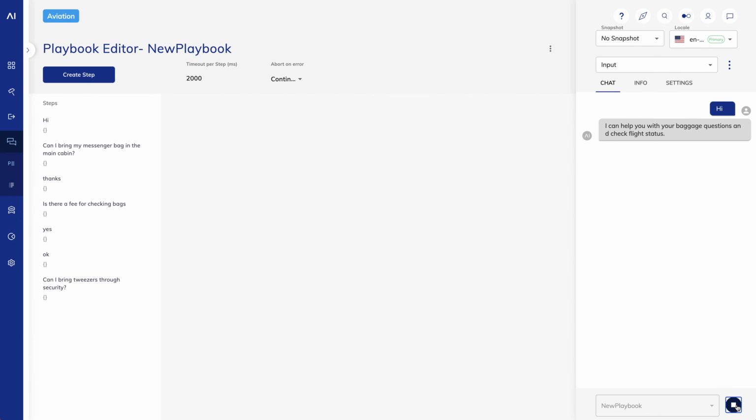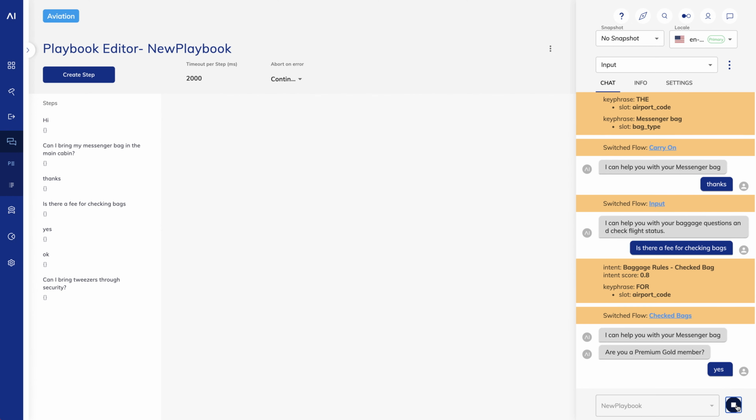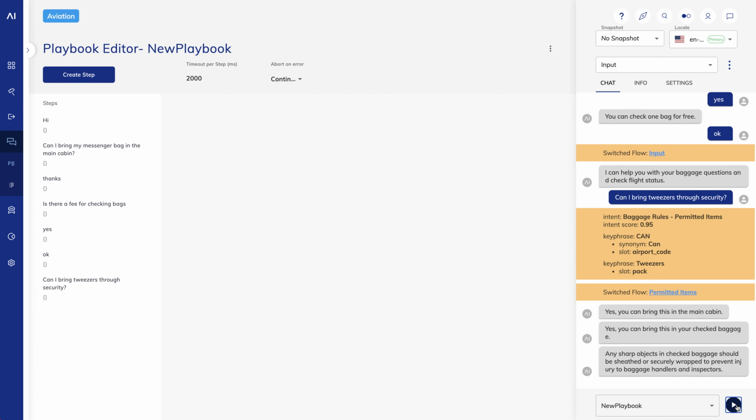As you can see, it quickly runs through the entire flow. For testing the flow as I build, this can be a big time saver. I don't have to run through full conversations just to get to the part I'm working on.